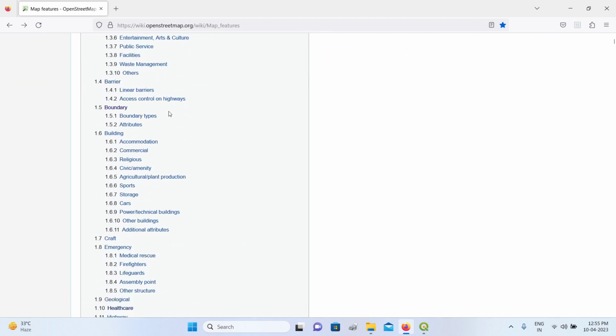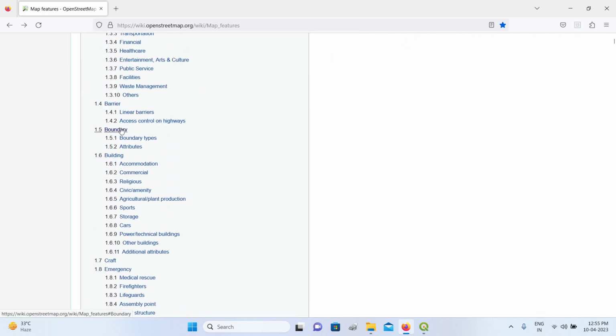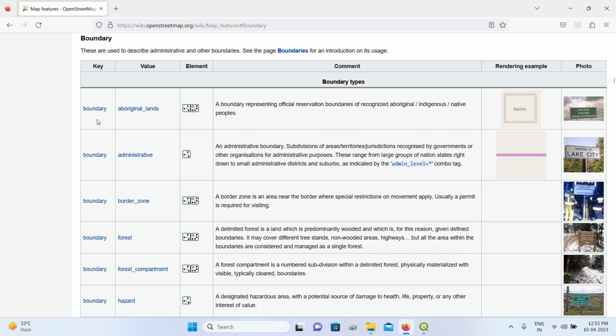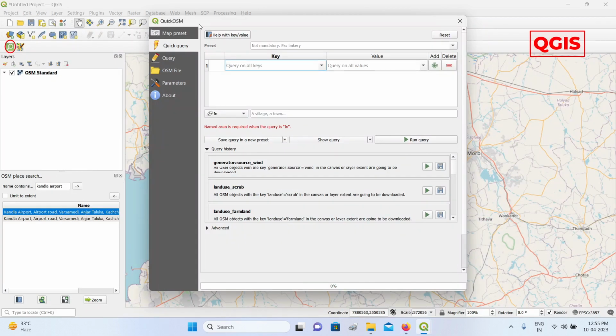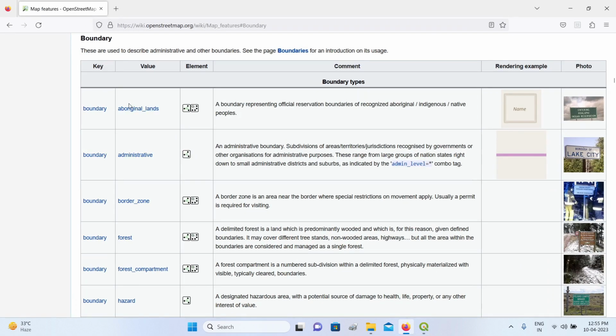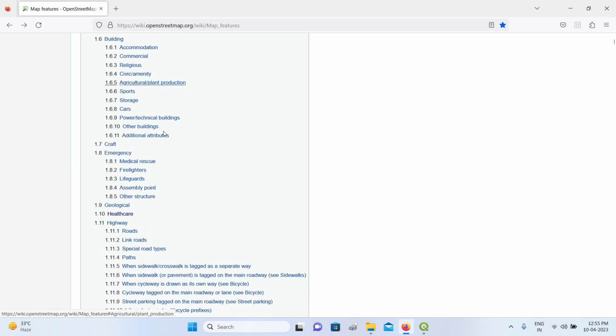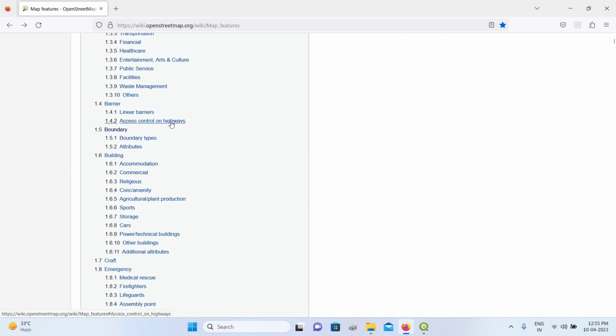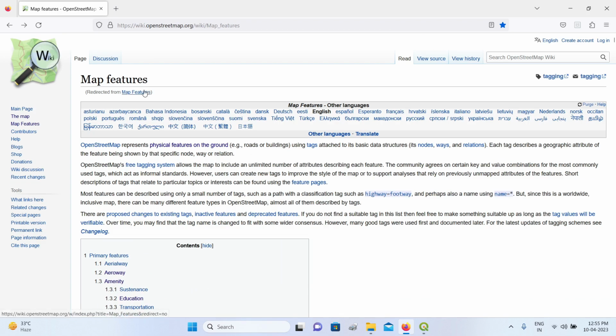So as you scroll down, you will find numerous options that you can click on, and then you have key value pairs that you can just simply copy and then come inside the QGIS QuickOSM dialog box and try them out here. Enter the key, enter the value, and you can then try to extract features of interest. So this is a really great resource. It's very exhaustive, and you can just come to the map features page and explore this very exhaustive resource for